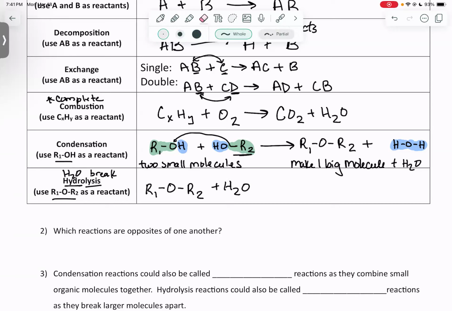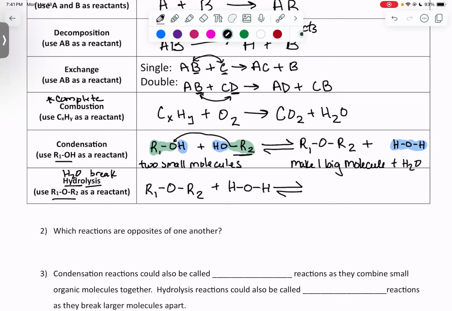So I don't like to write water that way. I like to write water this way so that we can kind of track what's going on. And these are actually, a lot of times, reversible reactions. So we tend to draw them with a double-sided arrow. Okay, so